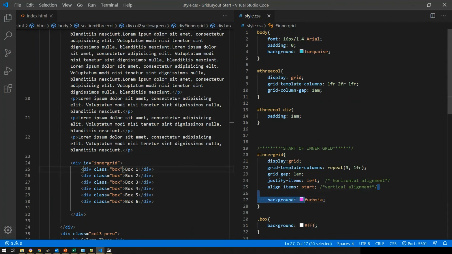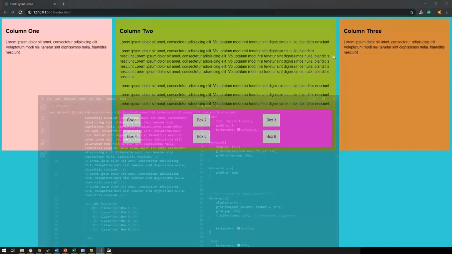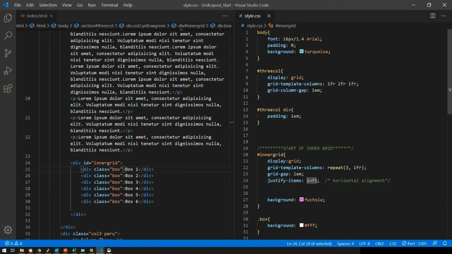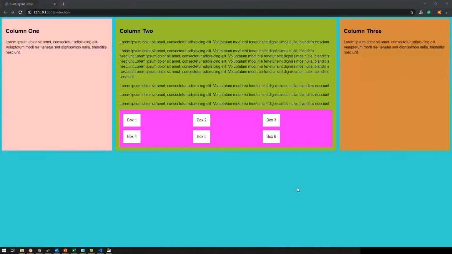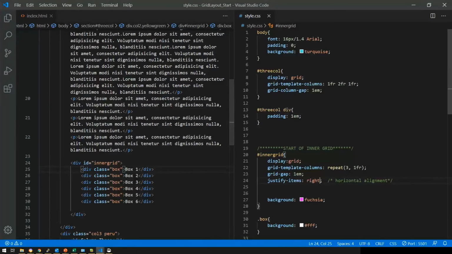Now, what happens in this case? So I'm just going to remove this for a while now. Cut. So justify items, you have set it as left, so your content started at the left. If you were to add it as right, whatever the space is occupied for that particular component or for that particular item, it's starting from the right. And if you have it as center,